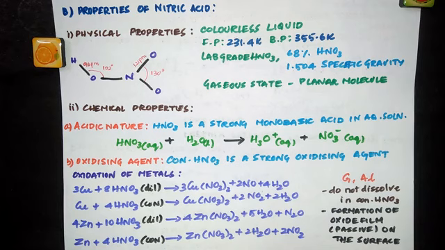So if they ask you why chromium and aluminium do not react with nitric acid, you should say that it forms a passive oxide film on the surface of the metal. Just like these metals, noble metals like gold and platinum do not react even with concentrated nitric acid. So we have seen the preparation and properties of nitric acid. We are going to end group 15 by looking at the structures of oxides of nitrogen.